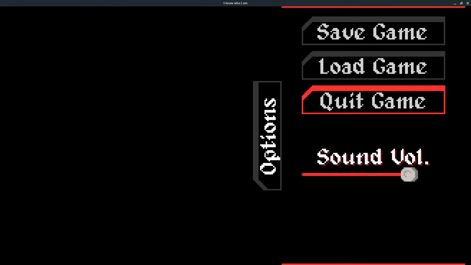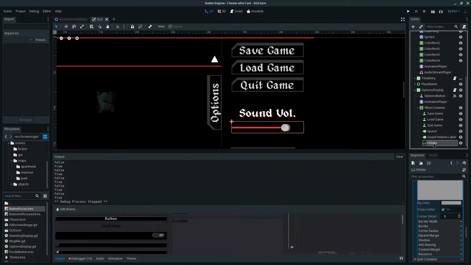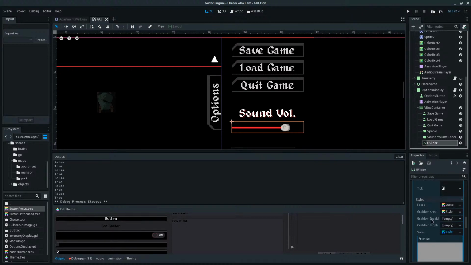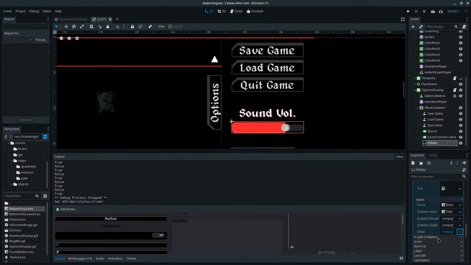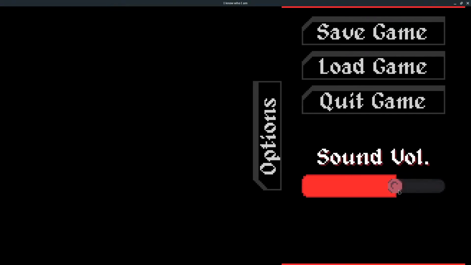It's weird, I can't select this anymore. Before I could drag this, now I can't. Is it this thing that's in the way? Let's see. No? Okay. Does it have to do with the slider style for some reason? That's weird.